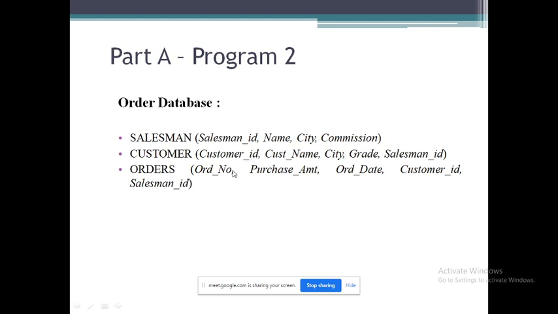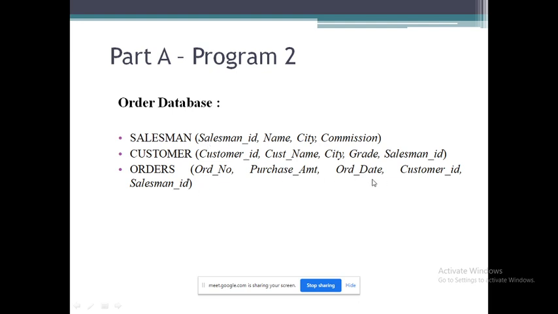And in orders, again order number, which is the unique number we can use to get individual orders. So order number can be a primary key in this table. Now how are these related? If I see this customer table, we have a salesman ID, right? So it says the salesman and customer are related using the salesman ID attribute. So salesman ID becomes the foreign key because it is the primary key of salesman. So I'll make this a foreign key which refers to the salesman table.